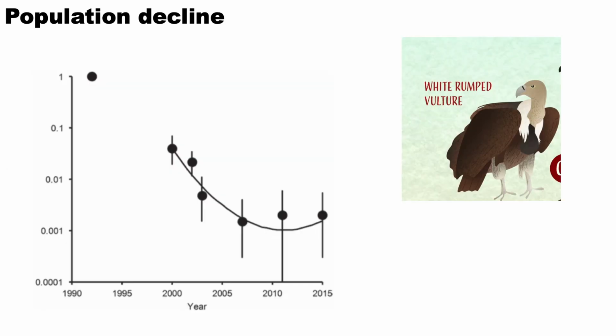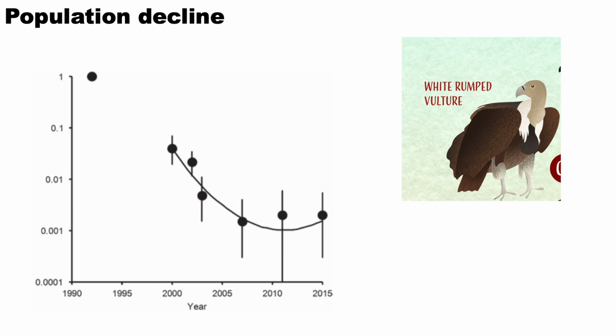Now I'll just show you an Indian example. So this is the white-rumped vulture. This is one of the few species in our country which has been monitored over a very long time period. So the Bombay Natural History Society started monitoring this species once it started declining. I think it started in 1991, and from then, every 2 years, they have been monitoring these road transects which are distributed in eastern India, western India, central India, and northern India.